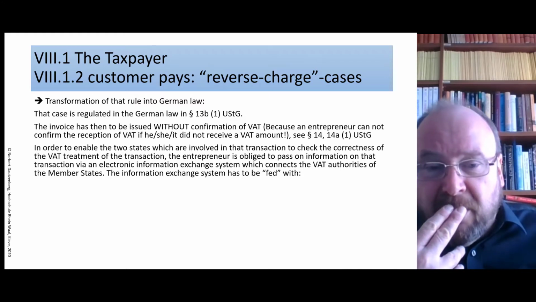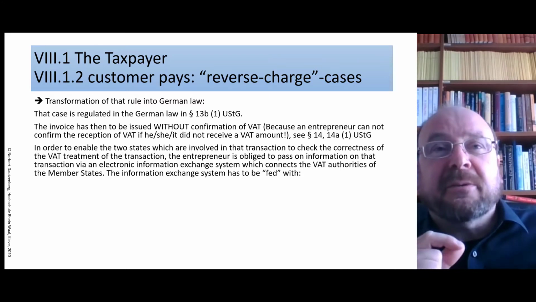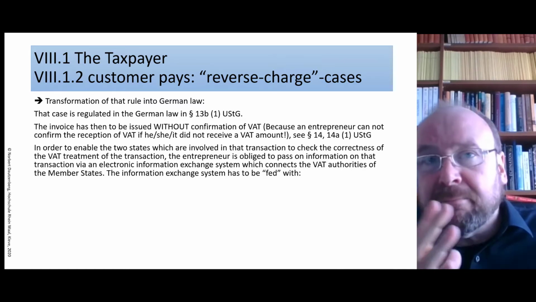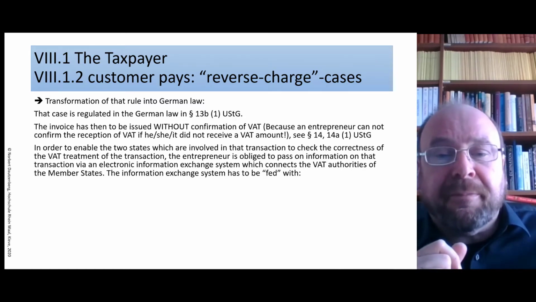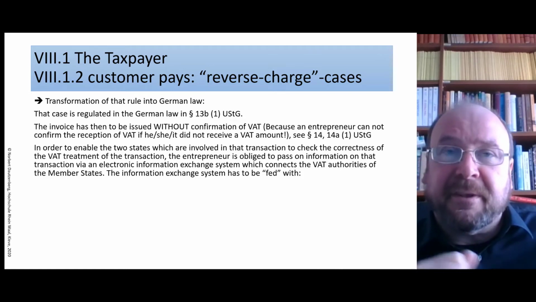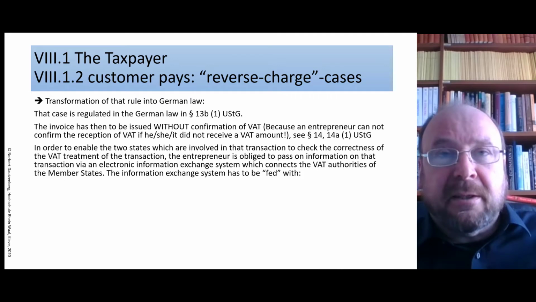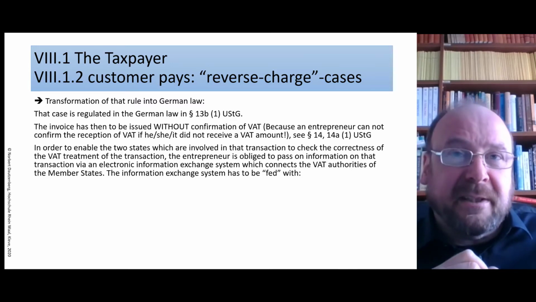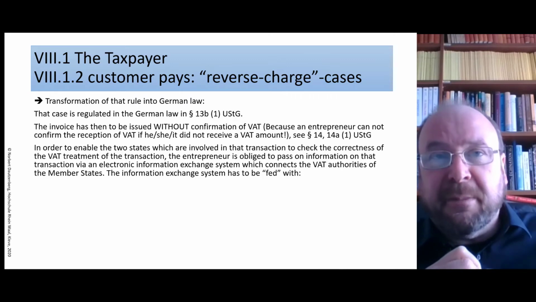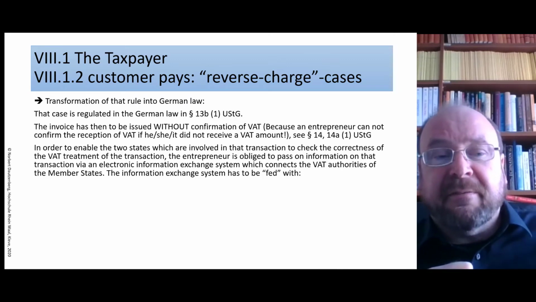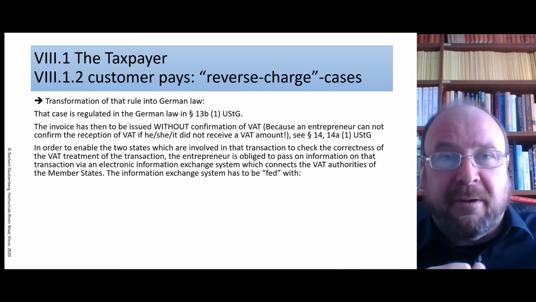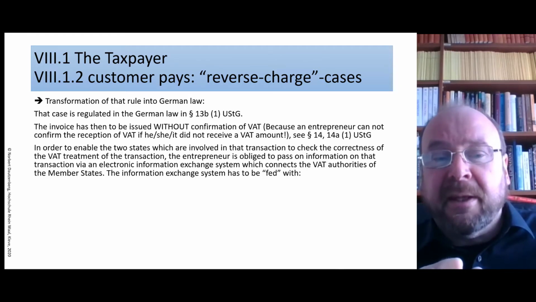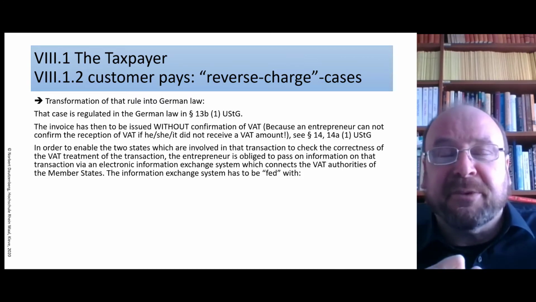Well, now, in order to avoid things going wrong, the states involved, the state of the customer and the state of the entrepreneur, want to check the correctness of the VAT treatment of that situation. And so the entrepreneur is obliged to hand in information on the transaction with the VAT identification number of the customer, and that will be passed on via an electronic information exchange system to the state of the